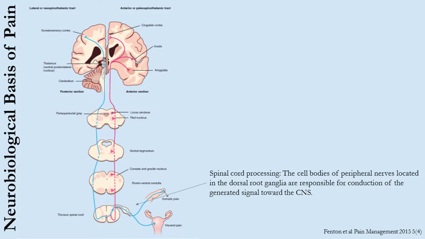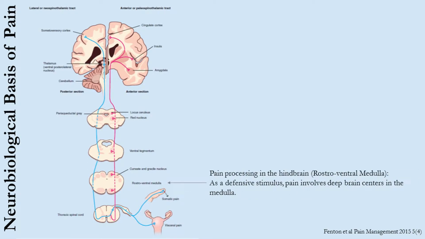From these nerve endings, the signal goes to the spinal cord for processing. The cell bodies of peripheral nerves located in the dorsal root ganglia are responsible for conduction of that signal up towards the central nervous system. Pain processing in the hindbrain, particularly the rostroventral medulla,